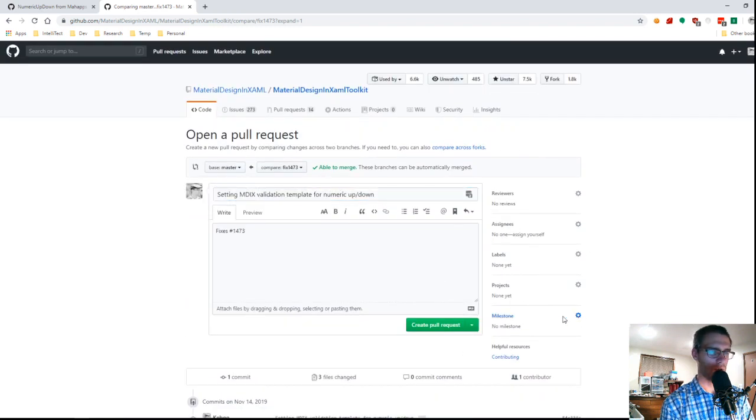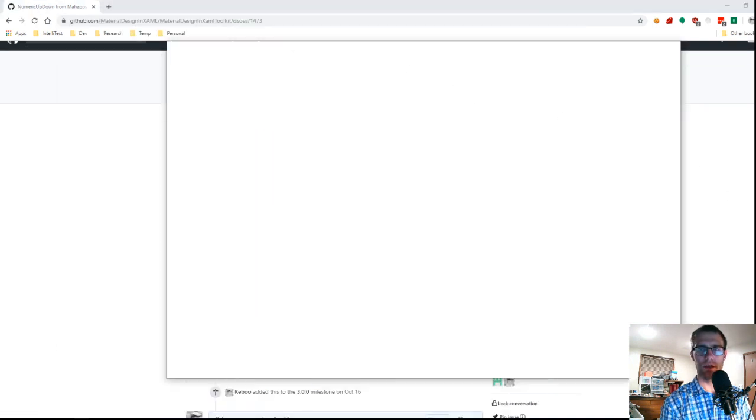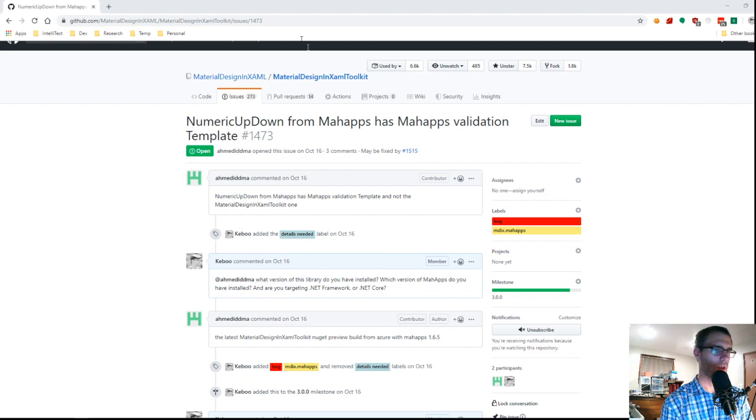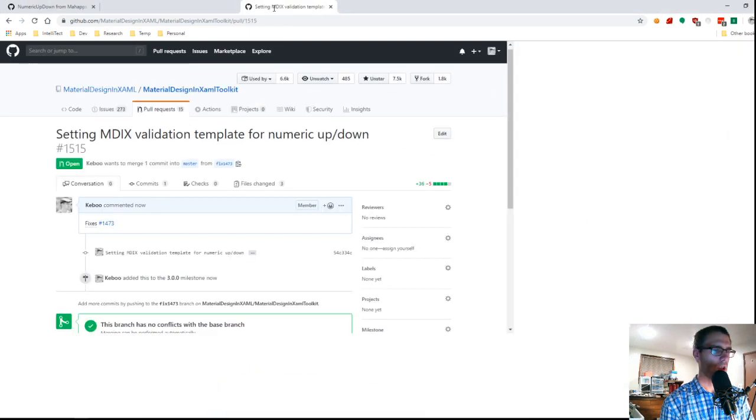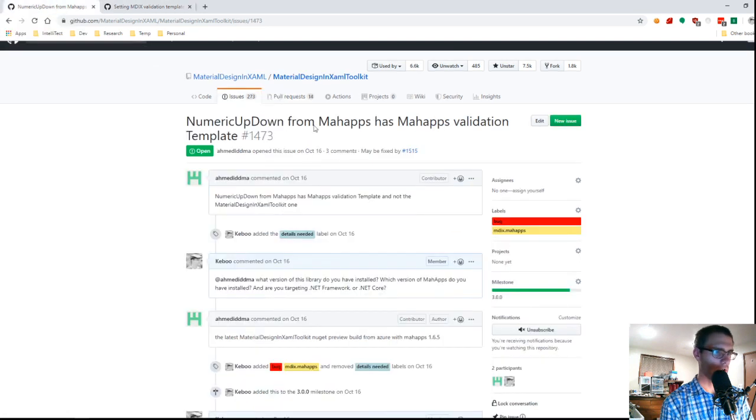Okay, so this goes in the milestone. Create pull request, and then I'm just going to let this guy sit off to the side. Well, I can leave him here. We'll just come back to him. While he's chugging, because I'm going to let the CI system do its thing before I merge it, let's come back here and see what else is on the lineup.